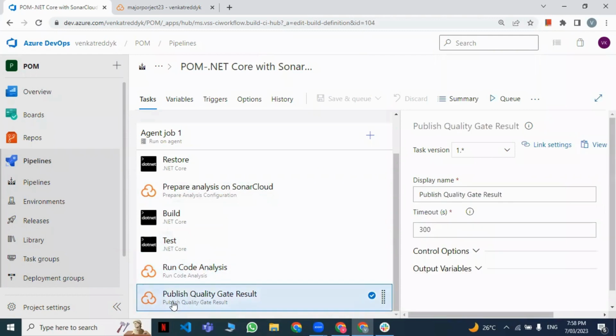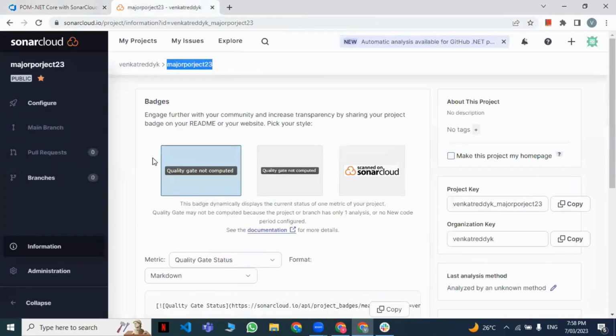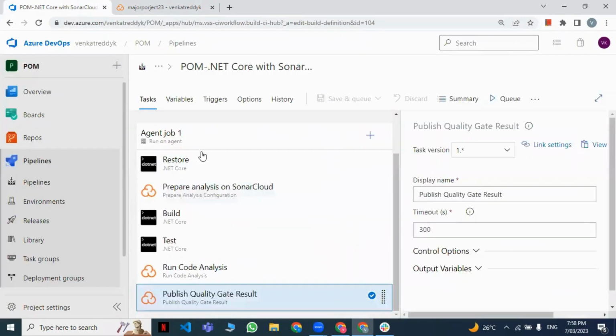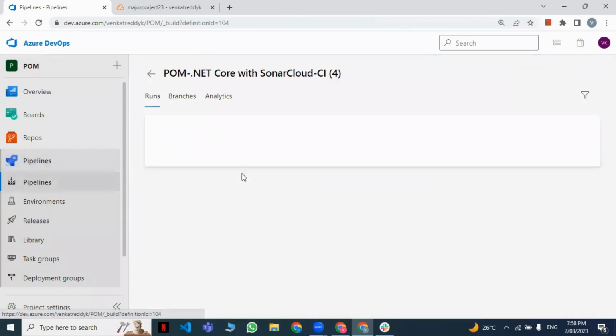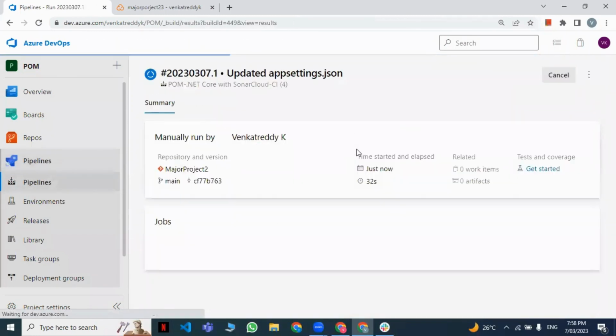And finally, guys, this task, publish quality gate result. This will actually publish the result to the particular project which we have created in my SonarCloud. So guys, currently we are running all the tasks in this pipeline. If you go and check this, when you're running all these tasks,